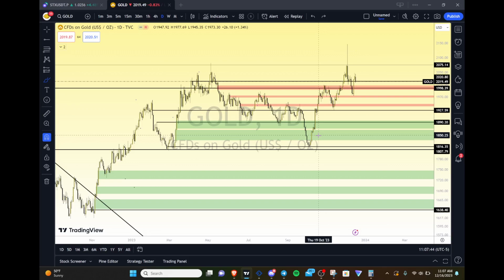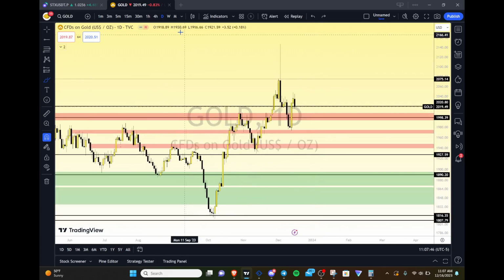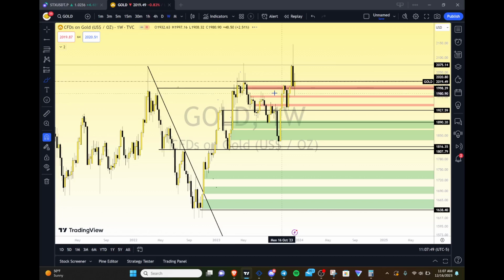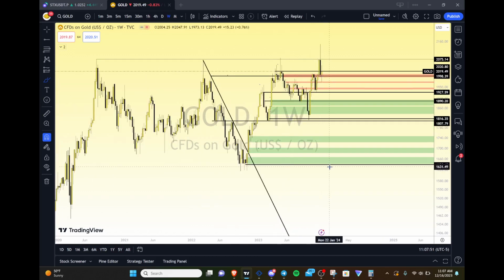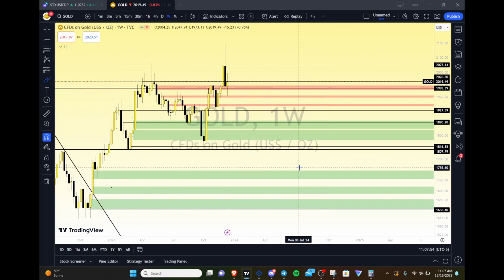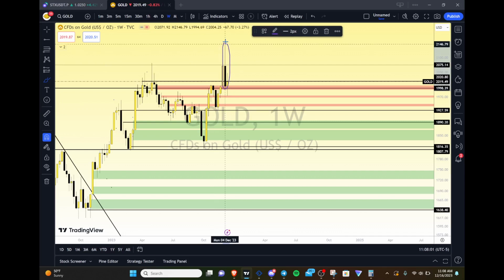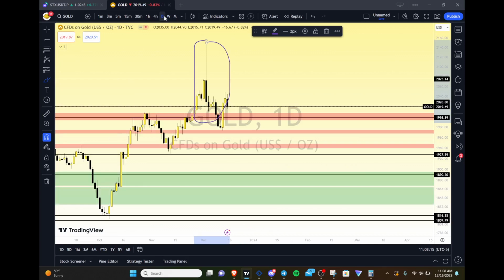Do I think we're going to continue to rise here? I do think we will rise over time, but I am looking for more of a consolidation here on the weekly. The key for the weekly will be pretty much trading within this candle here for quite some time. I actually think we're going to be between 2,148 and probably the low of like 2,000, give or take, for a couple of weeks, maybe even some months, to be honest. Depending on how that price action is painted will determine my bias in the short term.